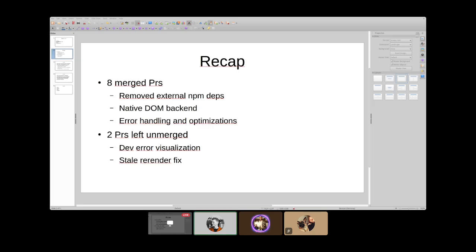So that's the first one that's open. I want a second opinion and somebody else helping with tests. I can only test with the apps I have. I am not covering everything that Blaze can do, although I think I covered 95% of what Blaze can do, but I'm not sure about that. And the second one that is still